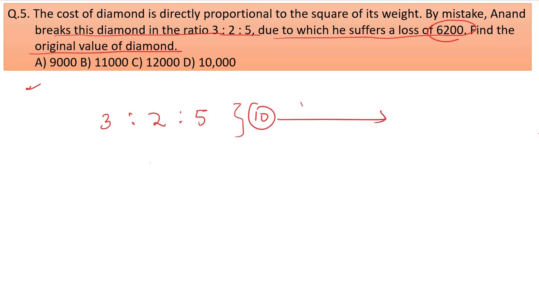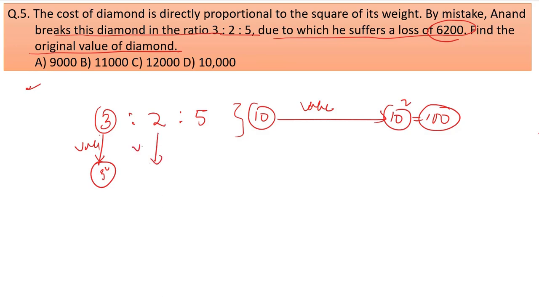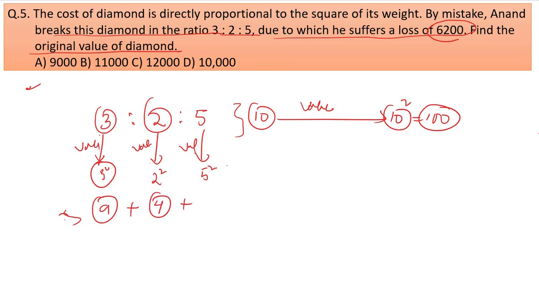And then its value will be 10 squared, because it is proportional to the square, that is 100. Next, here we have its value as 3 squared, and then this value will be 2 squared, and the 5 value will be 5 squared. Here 3 squared is 9, 2 squared is 4, and 5 squared is 25. Here the total is